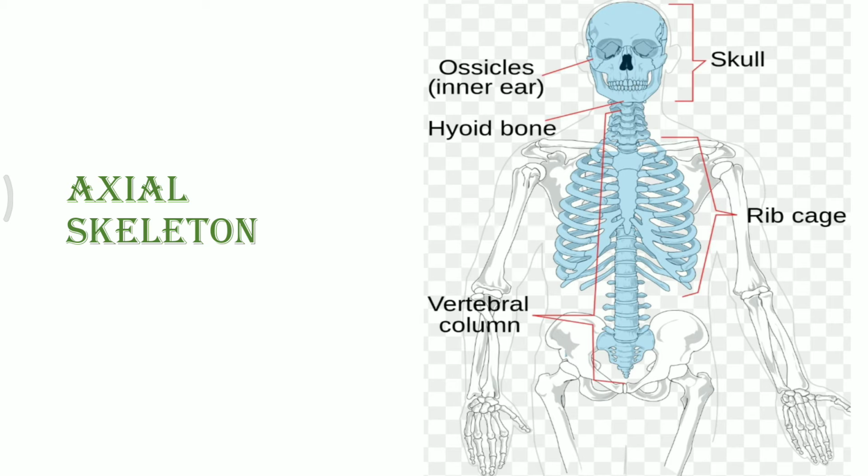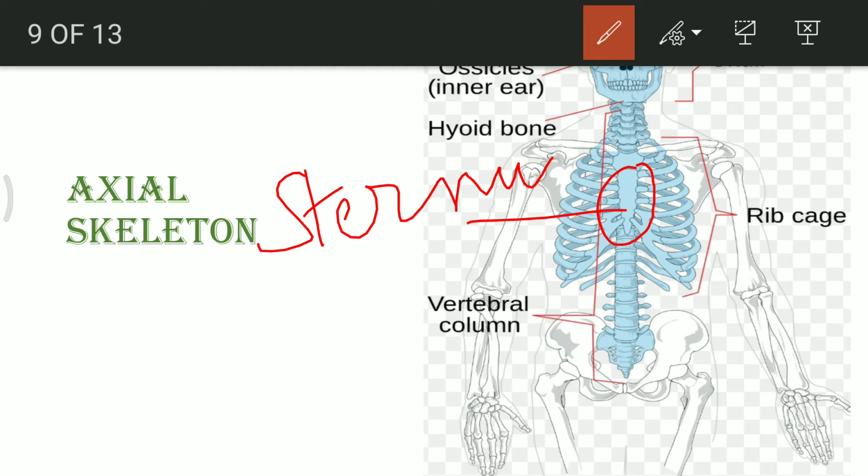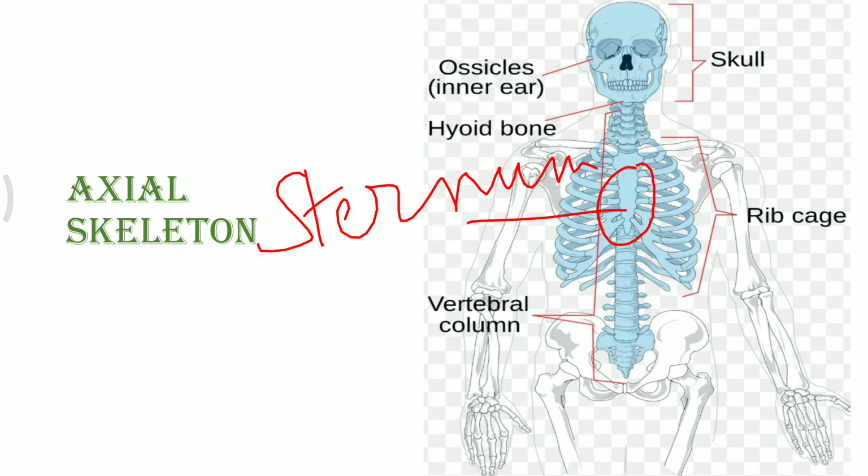There may be a confusion about which part is the sternum. This area is known as the sternum. Please do not get confused. The lungs are protected by the sternum. If we think of the function of the skeletal system, it protects the body against various jerks, and not only that, it also helps in locomotion and gives entire support to the body, and there are various other functions which we have already discussed.